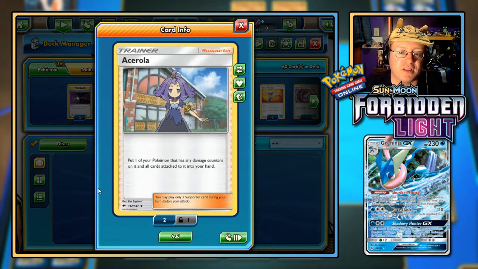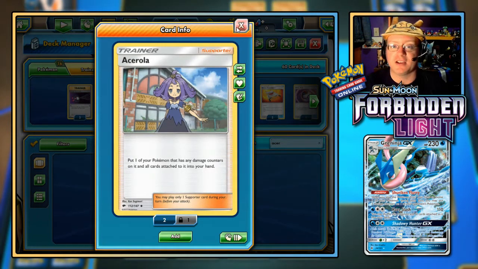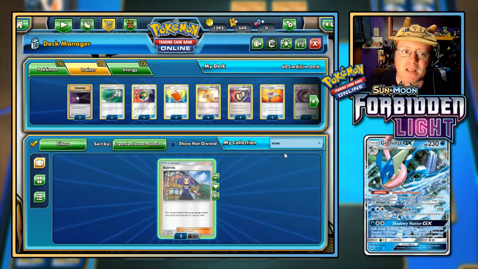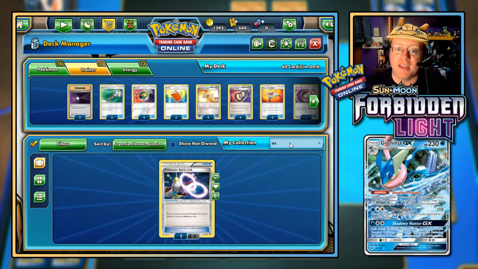Put one of your Pokemon that has any damage counters on it, and all cards attached to it into your hand. So you do have to take a hit to make use of Acerola, but you could bring back your Greninja and Frogadier in hand that way. Plus, you wouldn't shuffle them back into the deck using the Haze Slash attack. And if you're going to go with the expanded format, you could go with AZ...